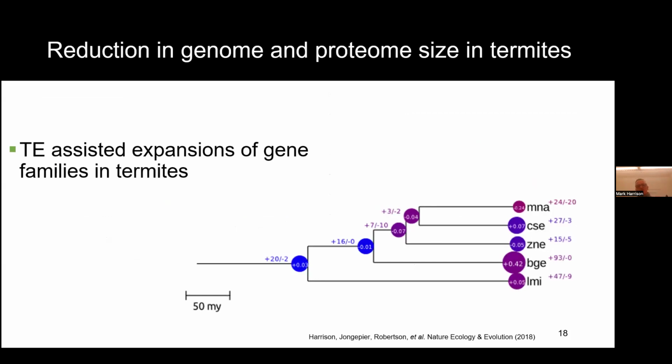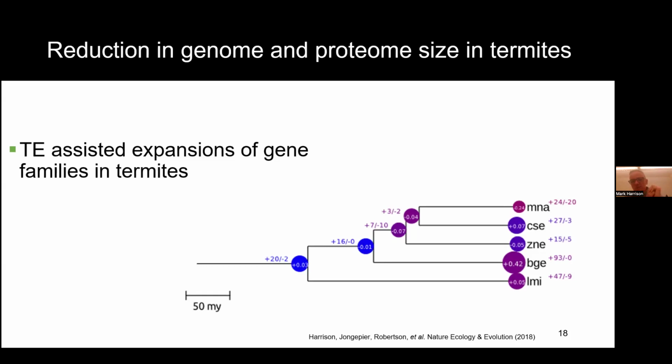So I talked about the reduction in proteome size, so lots of contractions. And on this branch here, we see there were 10 significant contractions at the root of termites and only 7 expansions, whereas there were lots of expansions in the cockroach. But we saw TEs, transposable elements, were likely important for the expansions of gene families. So the gene families which did expand significantly in the termites compared to outgroups were likely influenced by TEs